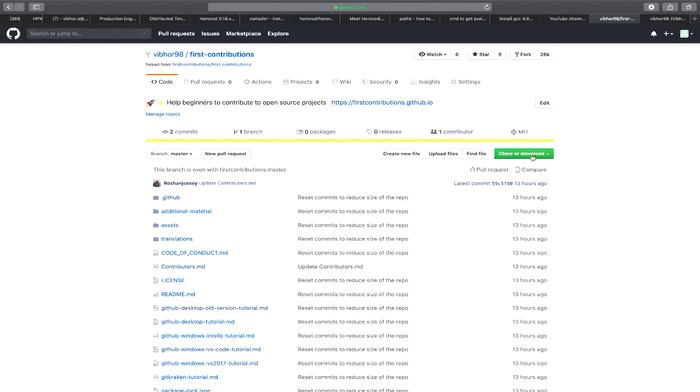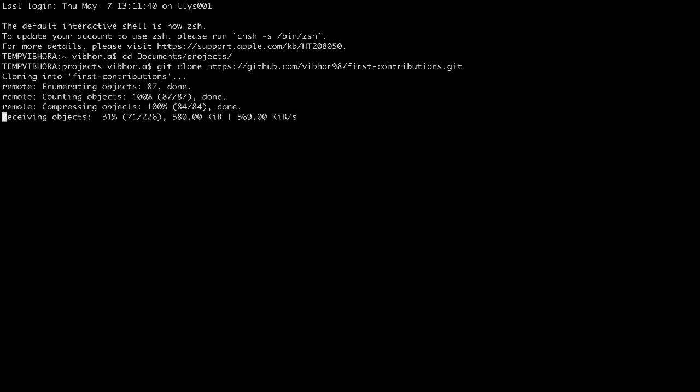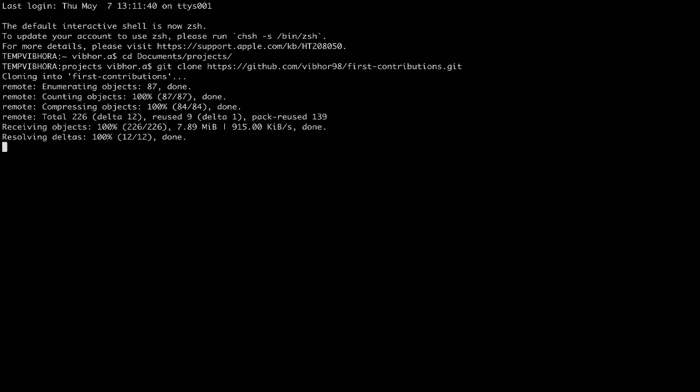So let's clone this repository. Here clone means making the local copy in your local system so that you can set up this project. Here right now I'm in the projects directory, so we can clone this project by typing git clone and the project name. So it's cloning. Before that you need to make sure that git is installed in your system, right? So it's cloning. Yeah.